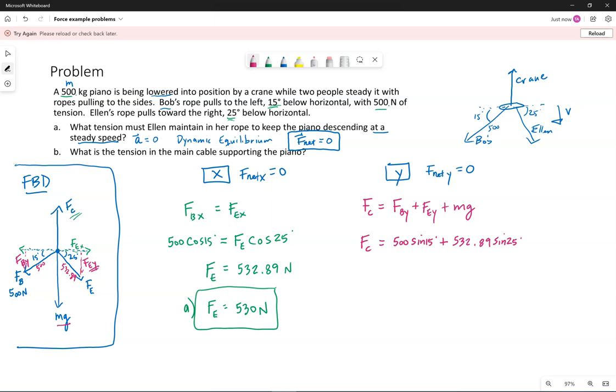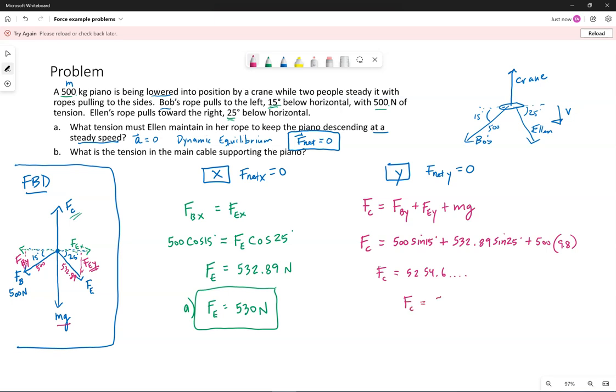And then the force of gravity being straight down, the problem tells us that the mass is 500, and g, of course, is 9.8. So plugging these numbers in, my calculator is telling me this. In terms of 2 significant figures,